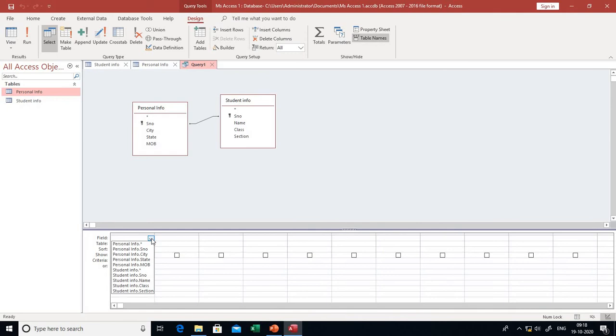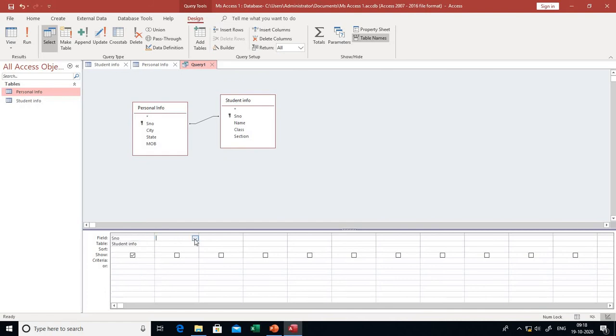In this column, all the fields from both tables are visible. So how many fields do you want from both tables? I need serial number from the first table.